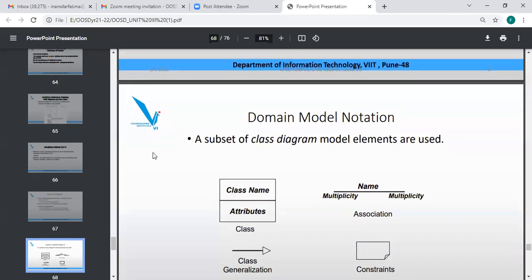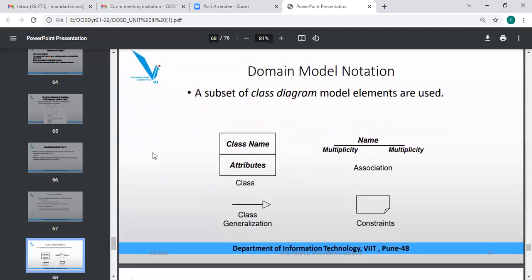So in the domain model notation, what exactly do I have to understand in terms of notation? Basically you have already come to know what a class is, that the class name, attributes and methods are to be represented. Then class generalization. I told you about it in our use case diagram.